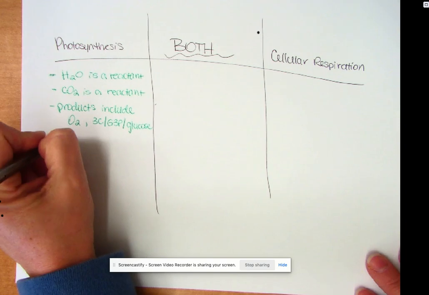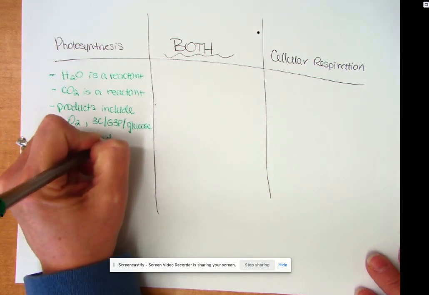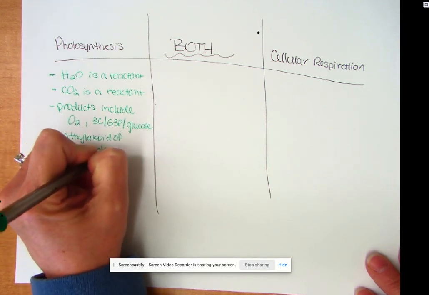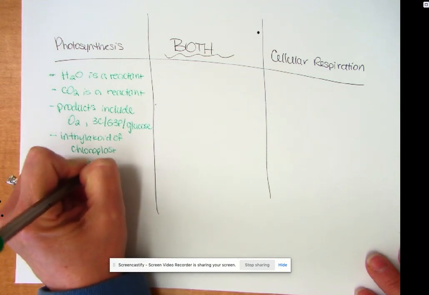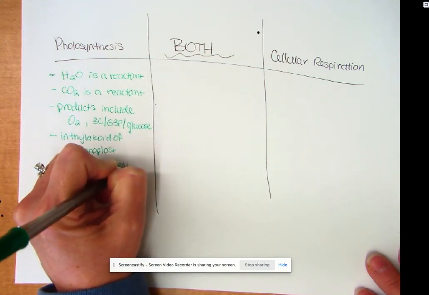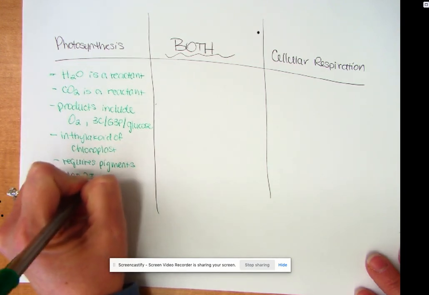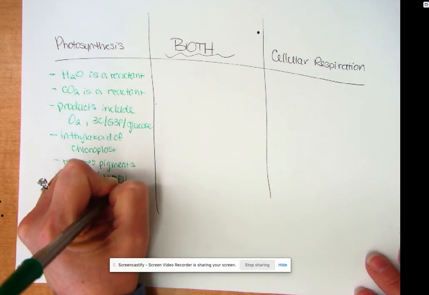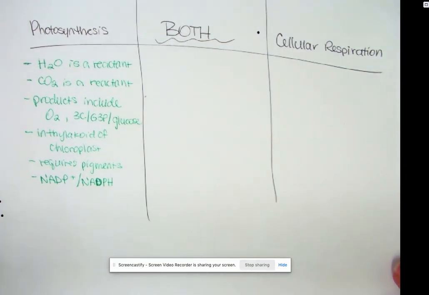It occurs in the thylakoid of the chloroplast. It requires pigments. It uses the electron carrier NADP plus or NADPH. Whoops, NADPH. I may think of some more as we're going, so I'm going to stop there and jump over